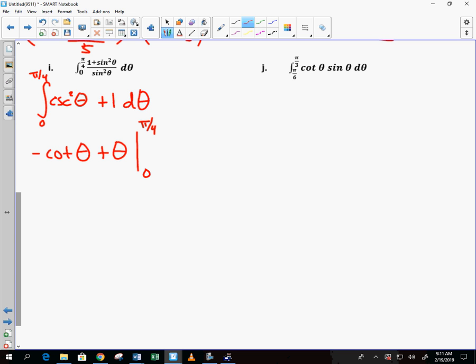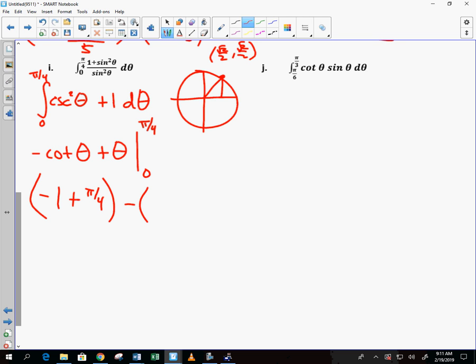Looks like we need to turn to the circle of life. Pi over 4, how many degrees? 45. So what is the terminal point? Root of 2 over 2, root of 2 over 2. Cotangent is x divided by y, correct? So what's the cotangent of pi over 4? 1. So I have negative 1 plus pi over 4